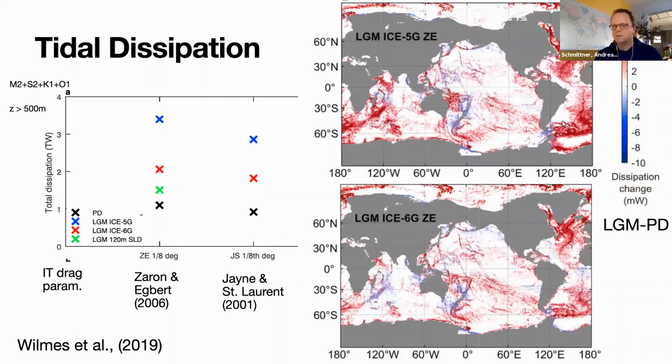And one thing I should mention here is that Gary Egbert has shown this already many years ago in his pioneering paper on the LGM tides: the Atlantic is close to resonance. And when you go to the LGM state, you get even closer to resonance. That is, I think, why the Atlantic is so sensitive in terms of tides to relatively subtle changes in the geometry of the basin. When you are getting closer to resonance, you can get very large changes for a small change in the boundary conditions.